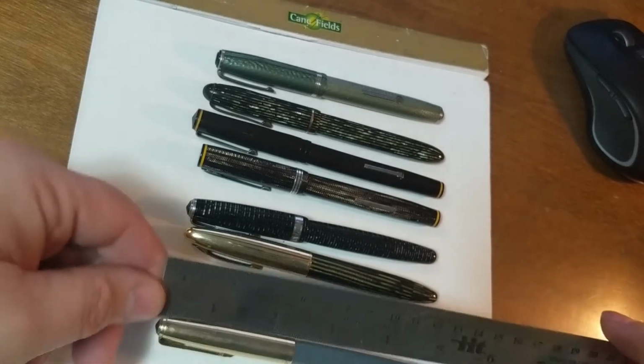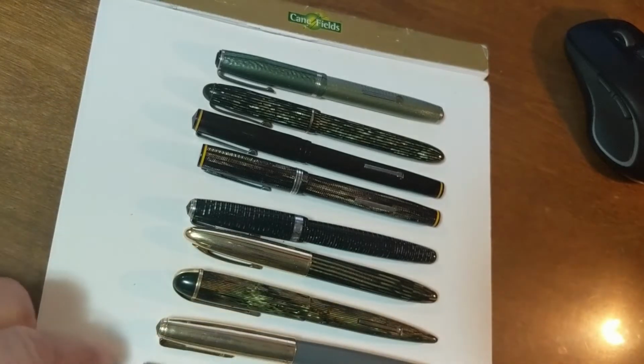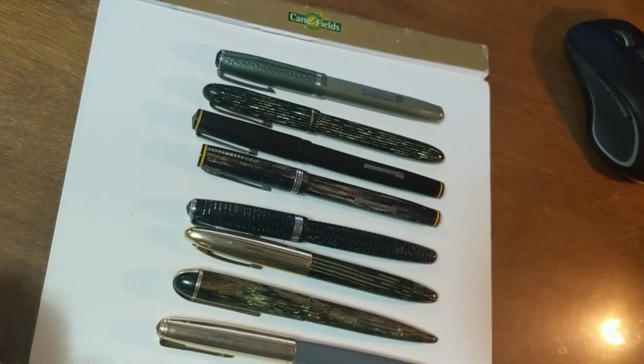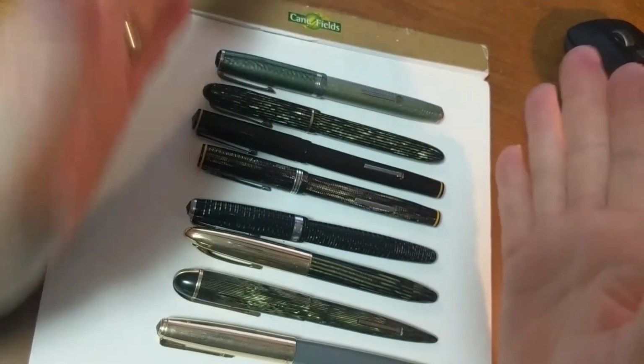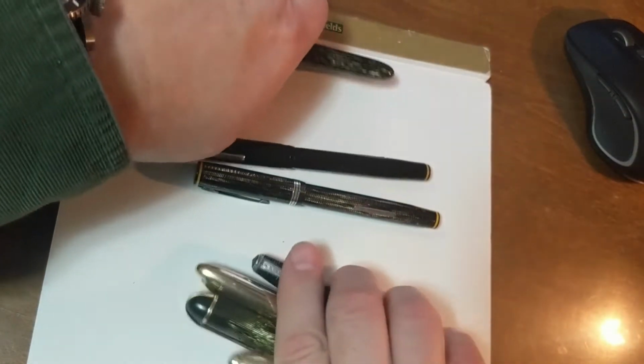Let's go with the 51 here. About 5.5 inches, or for the metrically inclined, about 14 centimeters, and so that's kind of where all these pens fall. Now, these two pens,